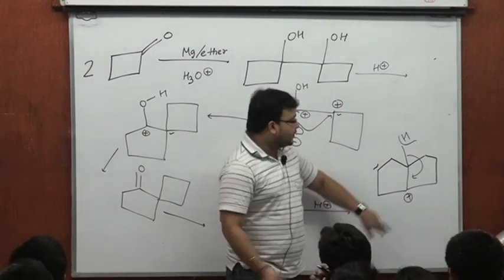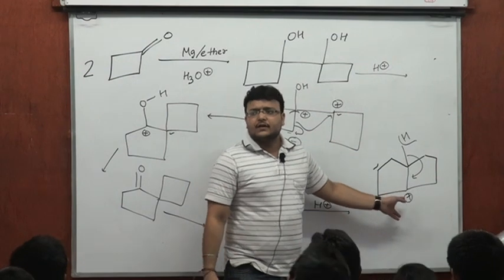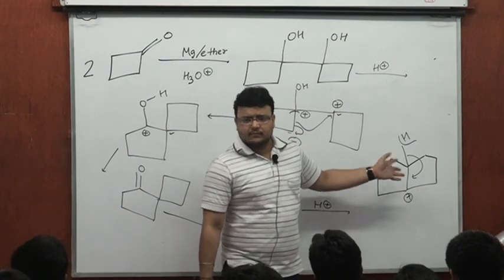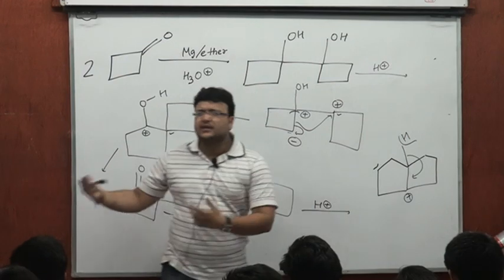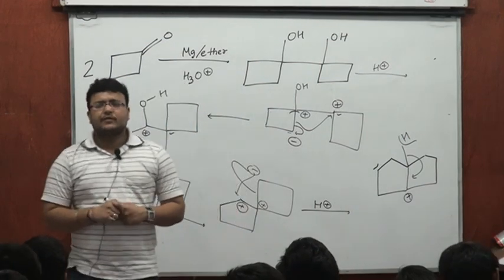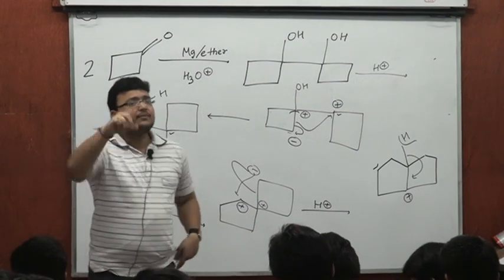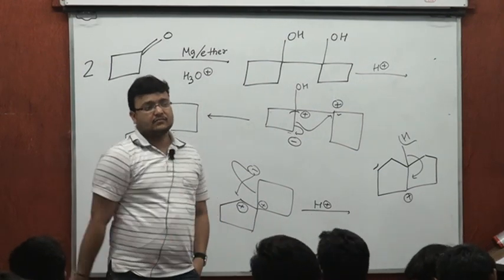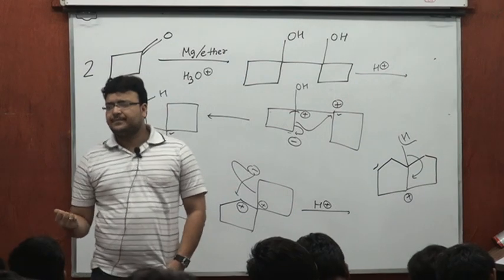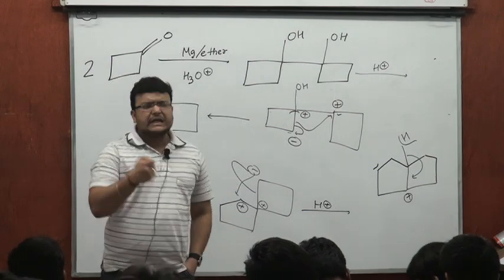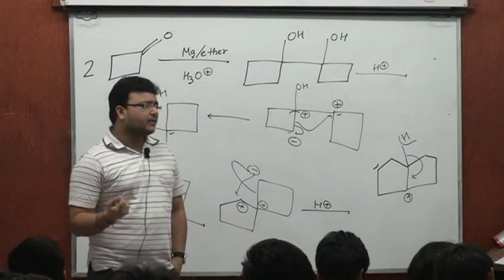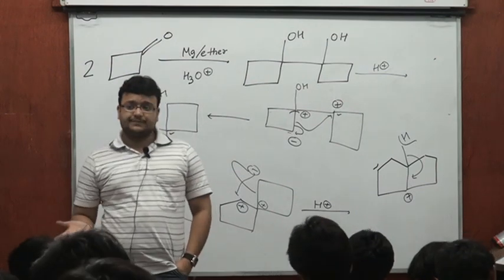I accept that positive here is unstable, but it's going to be so short-lived that it's going to quickly form an alkene. It would lose H plus, it will come down. We'll see dehydration of alcohol very shortly, which will involve loss of water in this way only. A carbocation would be formed, and H plus would be acting only as a catalyst. I might have again discussed this in tricks and bits in different classes. It would be called dehydration of alcohol.